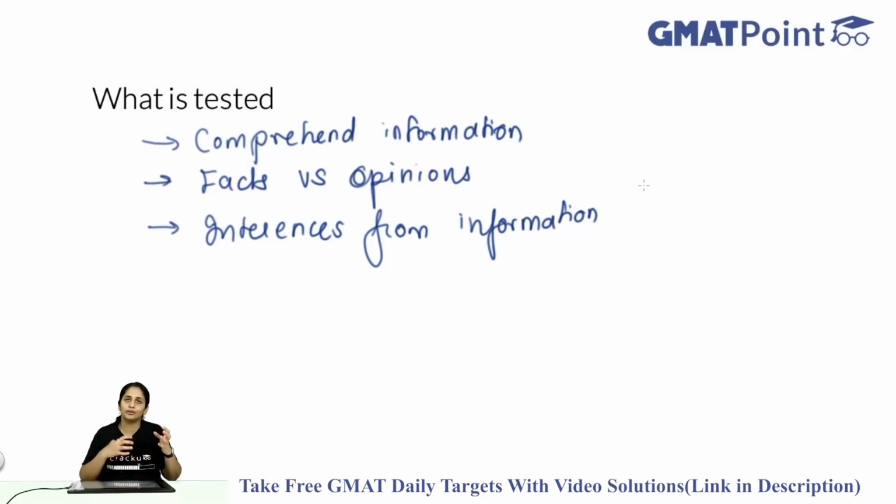You should not just read your pop culture books or easy to understand books, but you should have a diverse reading list, some essays from The Economist, some essays from scientific magazines. Basically anything that would require you to think and infer would help you build this skill, which would help you in your reading comprehension